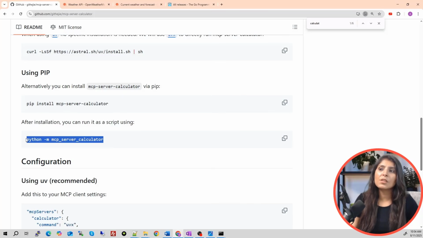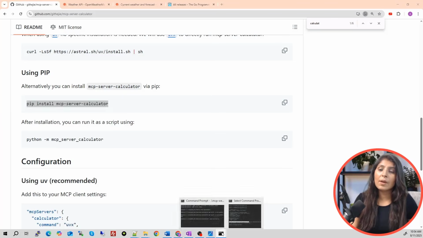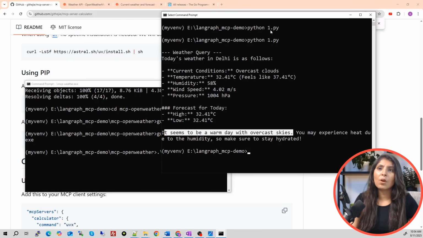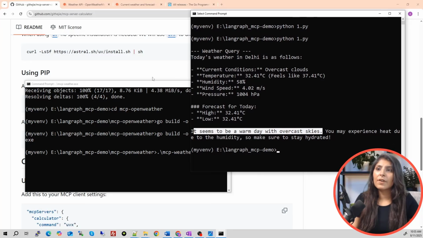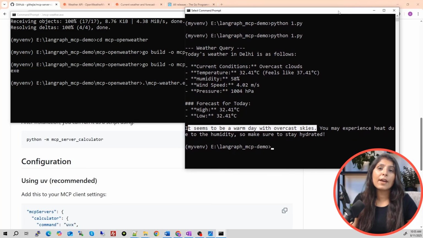Then to run this MCP server, you need to run this command. Let's do that. Just copy this from here. And guys, now remember, you have two command prompts open. Don't close them. This first command prompt is running the weather MCP server. And the task we are going to do now is run multiple MCP servers together, right? And this command prompt is the one from where we are running our MCP client. Now let's open another command prompt where we will run the next MCP server, which is the calculator MCP server.